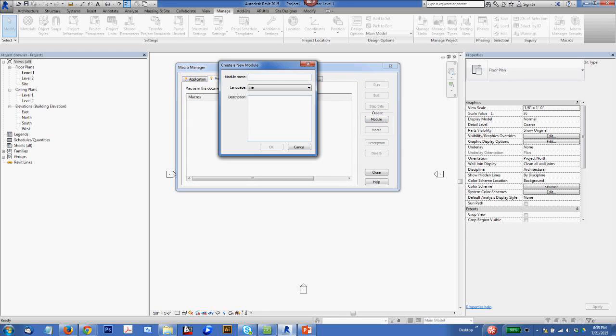I'm going to click on that. Essentially, a module is a container for macros. So a single module can contain multiple macros. It can contain multiple modules. So a module gives you a way to organize things. And let's just call this